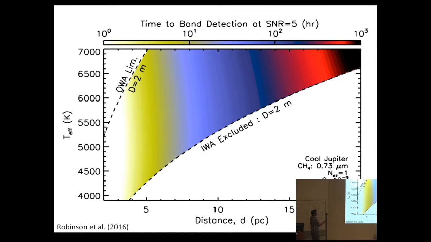And so if you consider that you're going to have of order hundreds of hours to do exoplanet characterization with WFIRST, and you don't want to spend all of your time on one target, then you're probably looking at wanting to spend about 10 hours or so on any individual target. Which means if you come down here, you'll be able to do that out to distances between about 5 and 10 parsecs. Those are the kinds of targets you're going to be looking for.